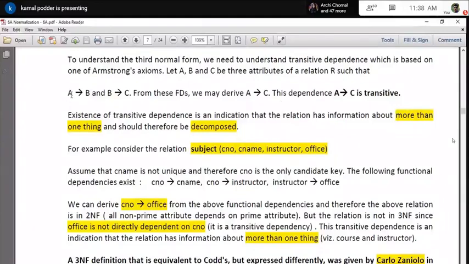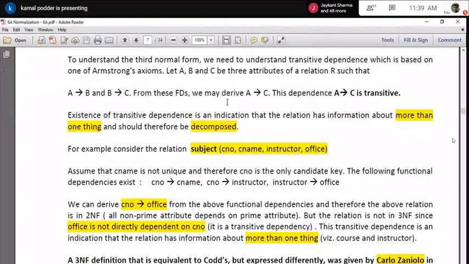So naturally, B depends on A, C depends on B, and B and C both are non-prime columns. That is the reason we are saying that C depends on A, because as you have just achieved the second normal form, what are you saying basically? Non-prime column depends upon the prime column. How is that achieved? Here it is achieved with the help of a transitive relationship. And that is the reason I am saying that C is also dependent on A. So the table is in second normal form, that is fine, no problem.